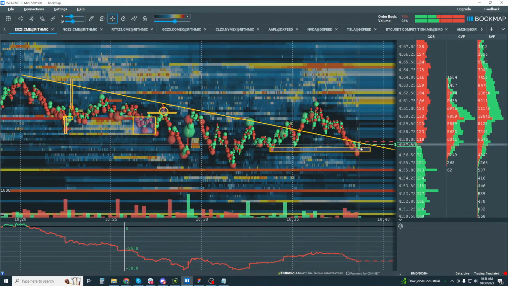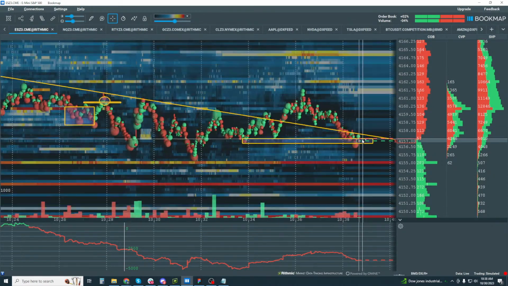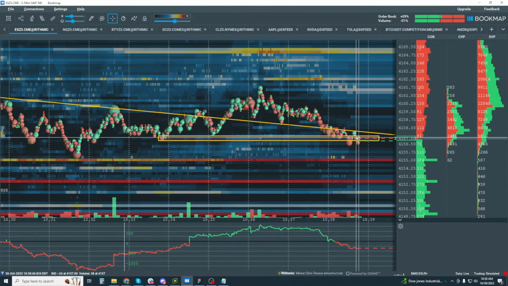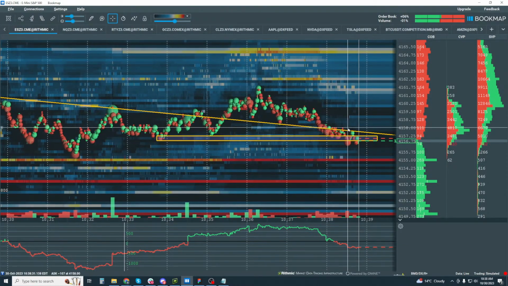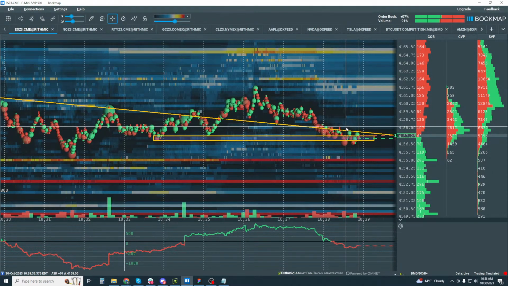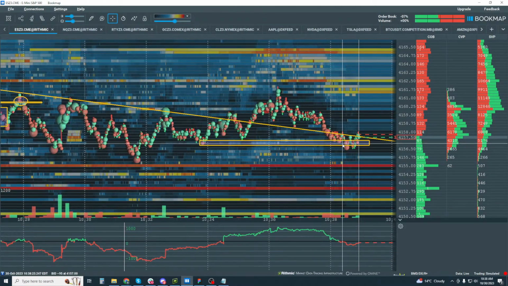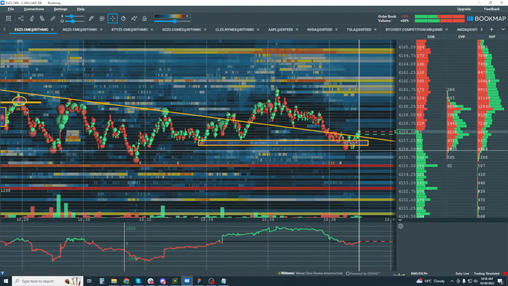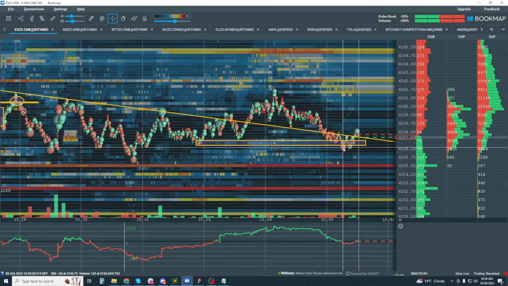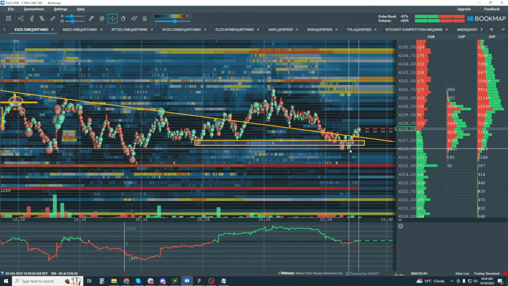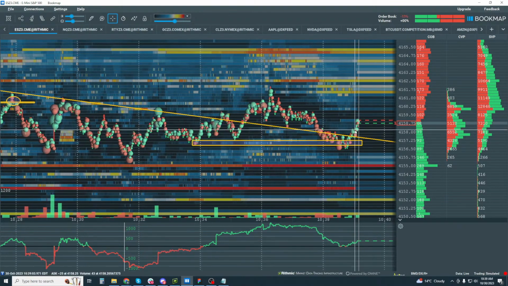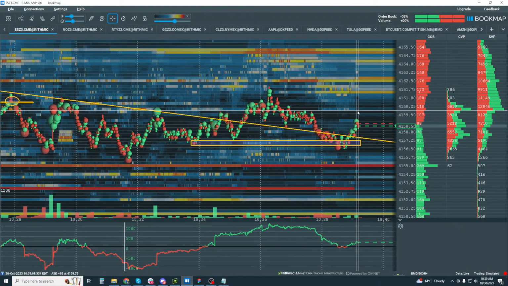Okay, but this is a tricky area in here as well. It really is, because we want to see the sellers starting to come in. We don't want to see buyers up here at all at 58. Okay, this is where it gets tricky, right? Because we don't know if they're supporting it yet or not. Actually, here's a little double bottom in here. Sellers on this one, no selling or lack of selling here, and buyers up here at 58. Okay, so now, yeah, we're looking to see if we can come back up into 60